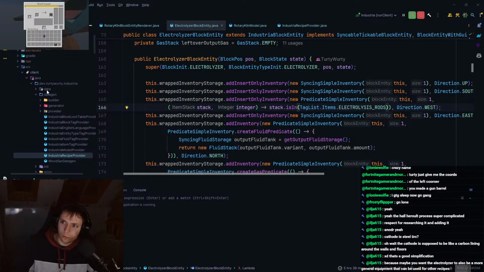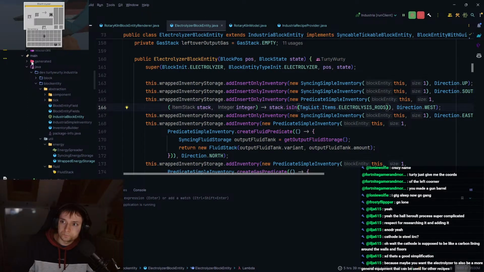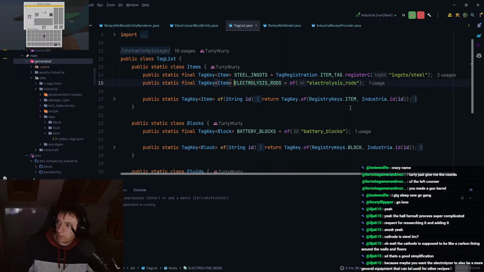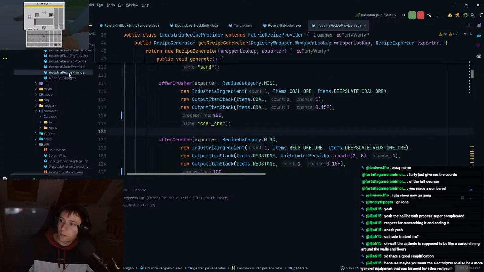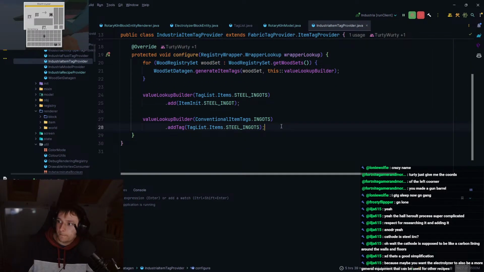I don't think that's true, but we can have a look, I suppose. No. So if we go generated, data, Industria, tags, item. Interesting. I must have never generated the tag. Well, that would be why then, wouldn't it? That would be exactly why. So if we go to item tag provider, yeah, and then let's just do